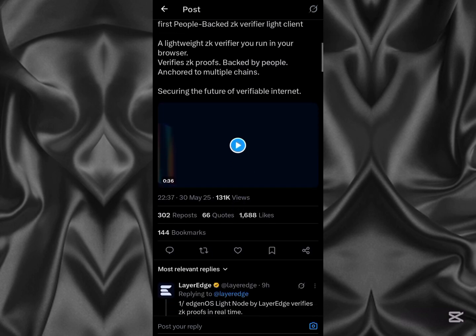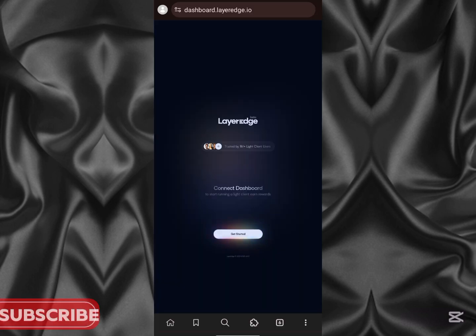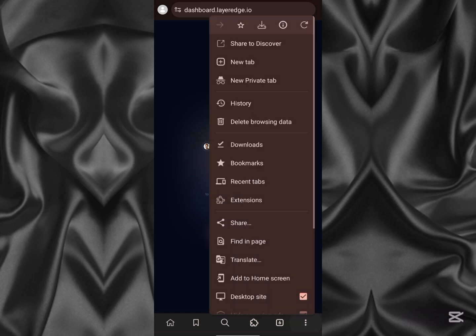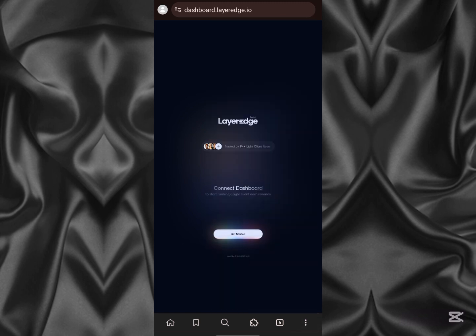So go over to your MySys browser. So once you open dashboard.layeredge.io on your MySys browser, you can decide to use it like that, or you can go over here and convert it to desktop mode, to desktop site, so it will be easier for you to connect to your wallet. I was having issues connecting my wallet normally, so I had to convert to desktop site. So click on Get Started,